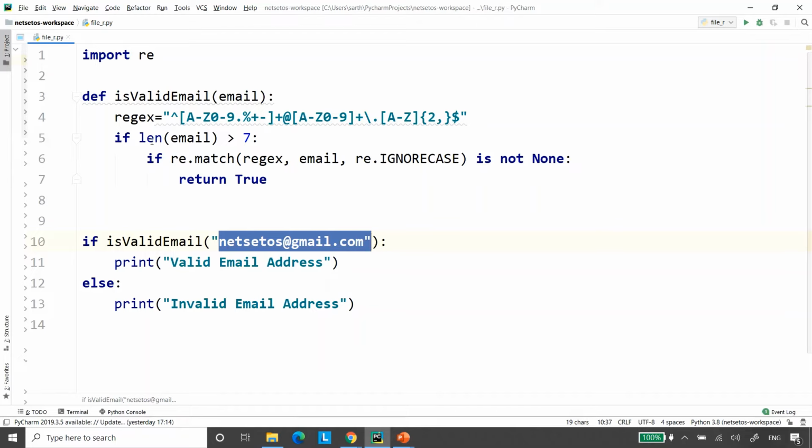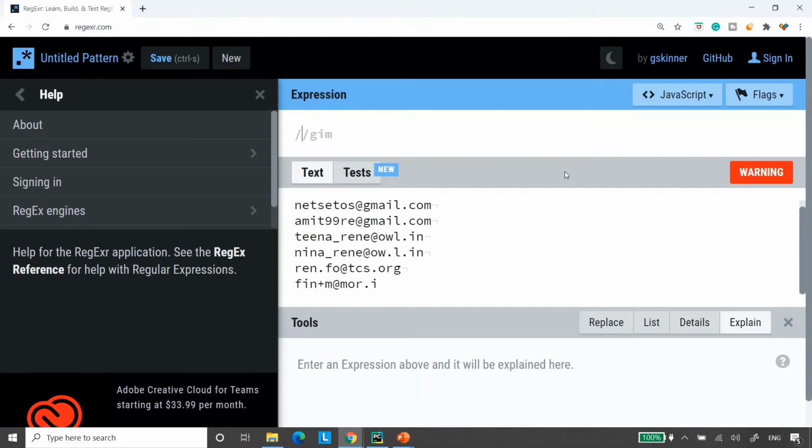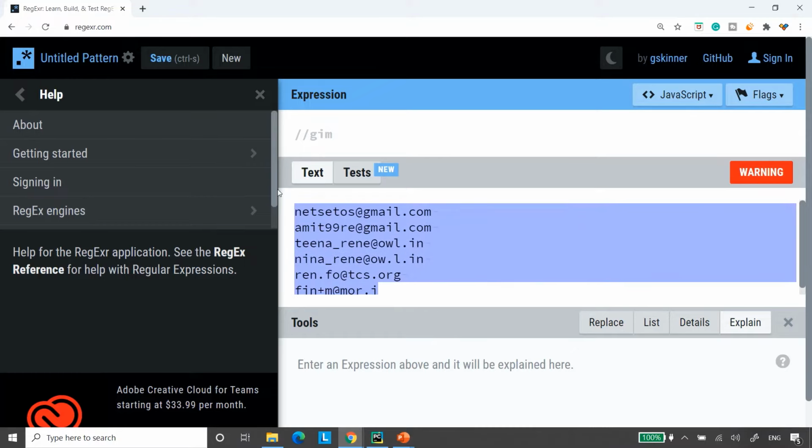Now the heart of this program is this regex. Let's understand this. So for this I'll go to regexr.com, which I always say to prefer for regex kind of thing. Now I have taken a couple of email addresses, and here I want to match these email addresses.